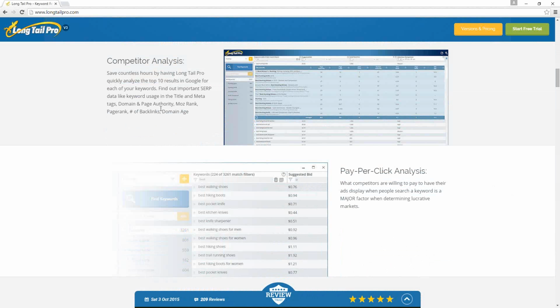Looking at things like the domain age and, to a certain extent, maybe the number of backlinks, the page rank also, some of these things can give you an indication as to whether more than just the content is going to be needed to achieve a ranking.